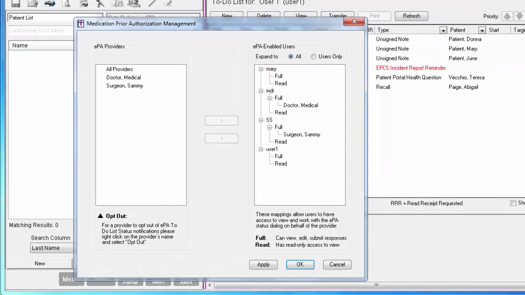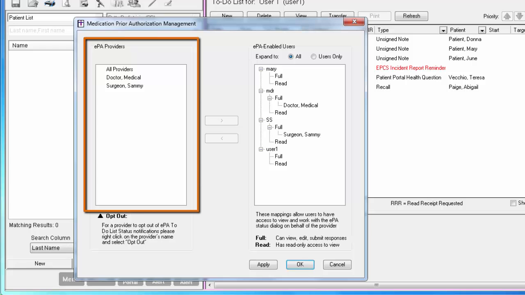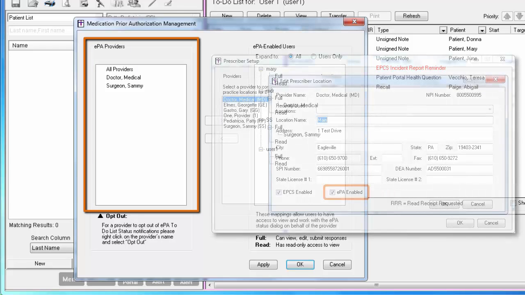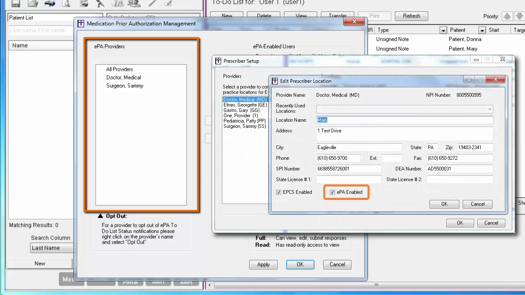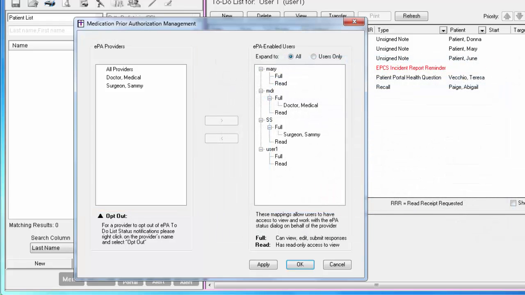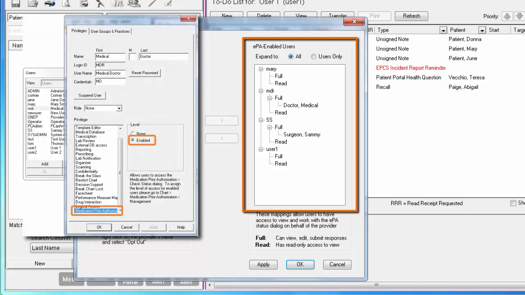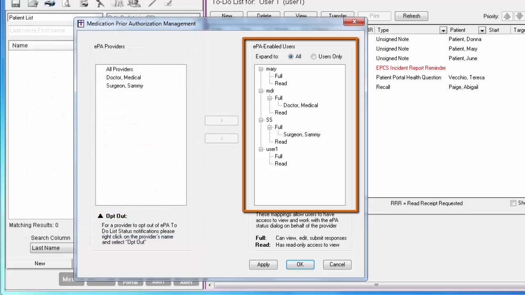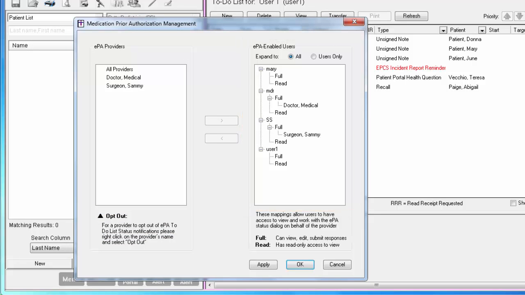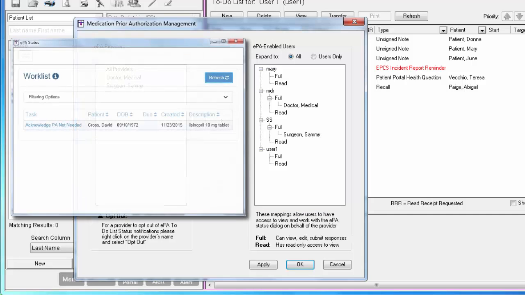The dialog is split into two lists. The list on the left will be any provider that has ePA enabled turned on in the prescriber setup dialog. The list on the right is a list of ePA-enabled users and the level of access they have been given for a particular provider. This access determines which information a user will be able to view within the ePA check